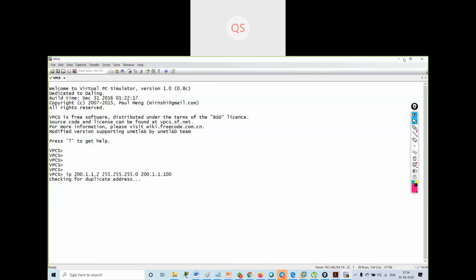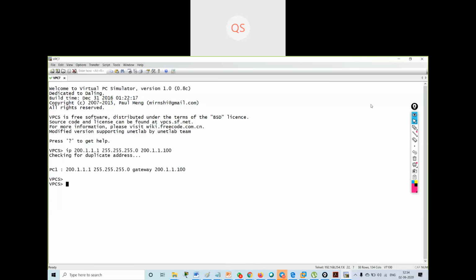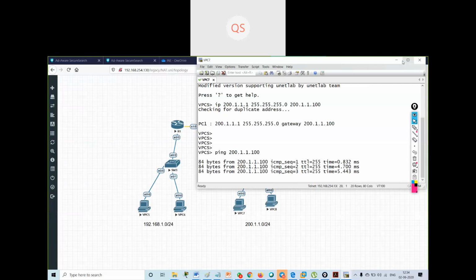Checking for duplicate IP address. Now what I will do, I'll check the connectivity, ping 200.1.1.100. I'm reachable to my gateway. So my connectivity is fine.